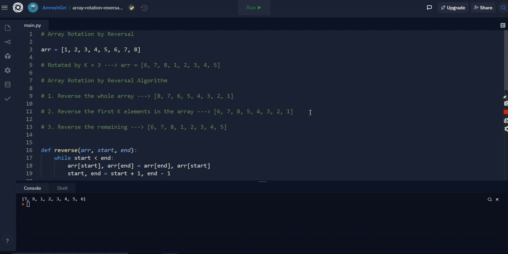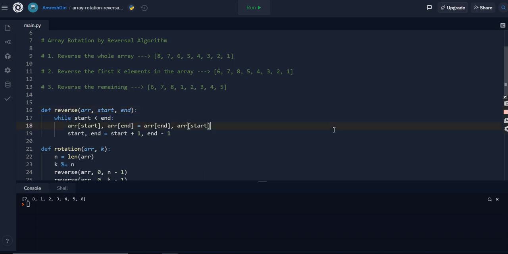So it's one of the easiest algorithms to implement for rotation of an array. It just takes the reversal technique as its core implementation. Just basic 3 steps: reverse the whole array once, reverse the first k elements, and reverse the remaining elements. Very intuitive, very easy to implement, and very fast also.